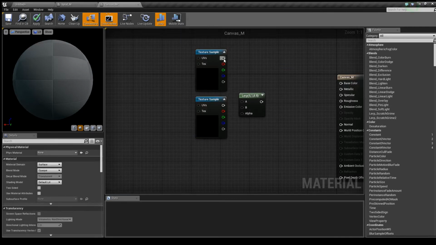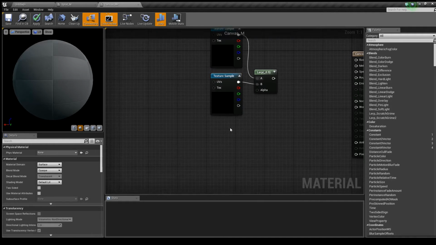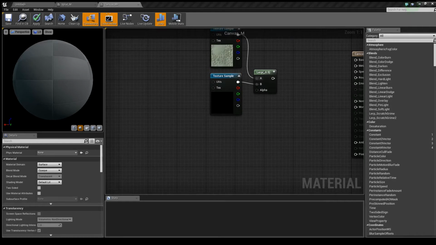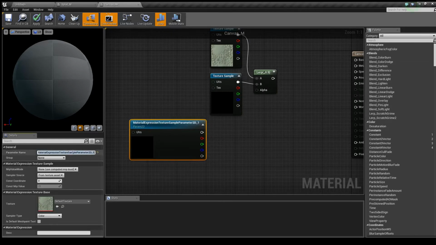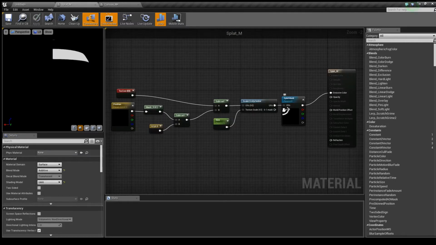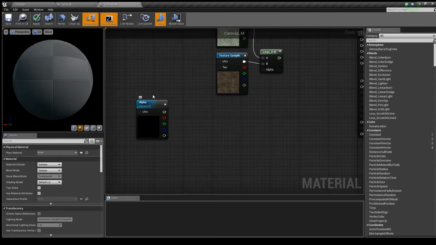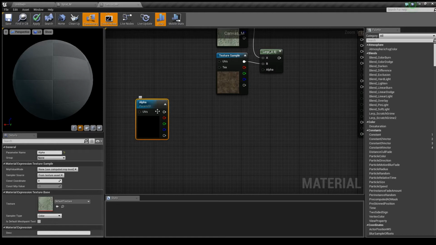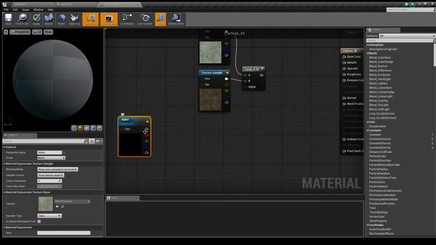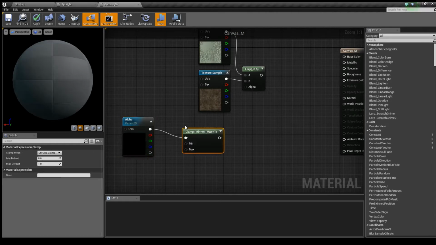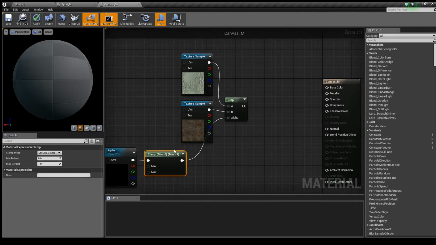In here, you just want to get two texture samples that you want to blend between. We're then going to create a parameter, and we'll call this alpha. So what we'll be doing is this splat will be drawn to a render target eventually, and that render target will be drawn to this alpha texture here, or this alpha parameter. We will set the render target to this texture parameter, and then this we will clamp to make sure it's between 0 and 1 for black and white values, and that will be the alpha value that will blend between